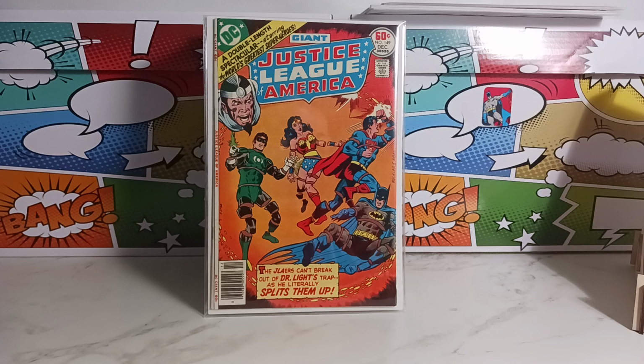And I wish that I could be showing you some of my childhood copies, but as I've stated before in other videos, those childhood copies are long gone. But anyway, let's get going here. This is number 149. It's a Rich Buckler and Jack Abel cover, Steve Englehart on the scripts. And